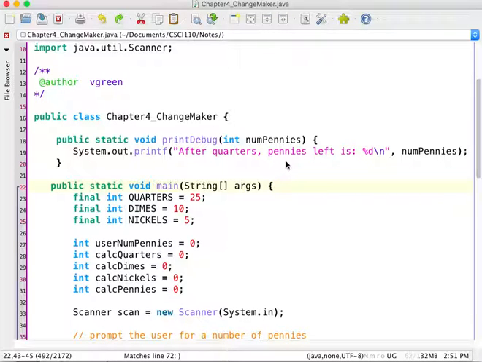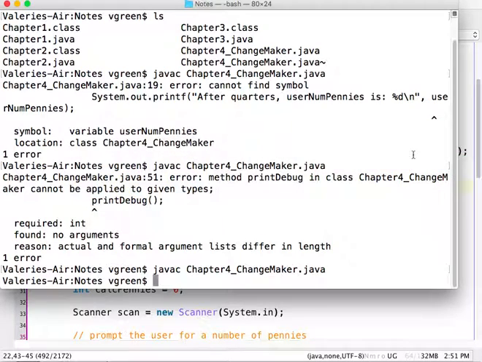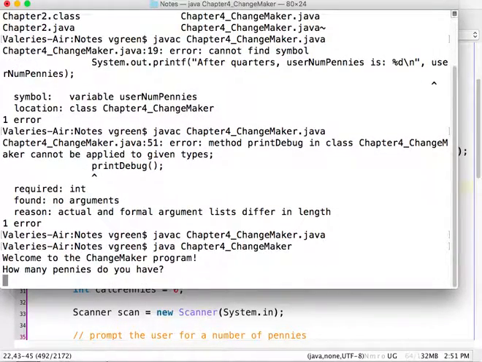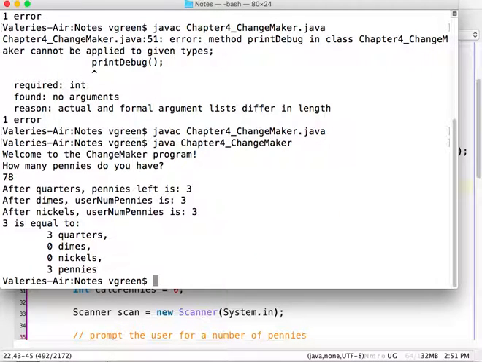In the previous video, I started to improve my code by creating a print debug method, and I got it completely working by adding a parameter that would be the number of pennies, so I could print it out from this method. So just to give it a trial run, let me run it from the command line, java chapter 4 changemaker. We'll say how many pennies do you have? 78. And then we have the printouts. So after quarters, pennies left is 3, and then we have